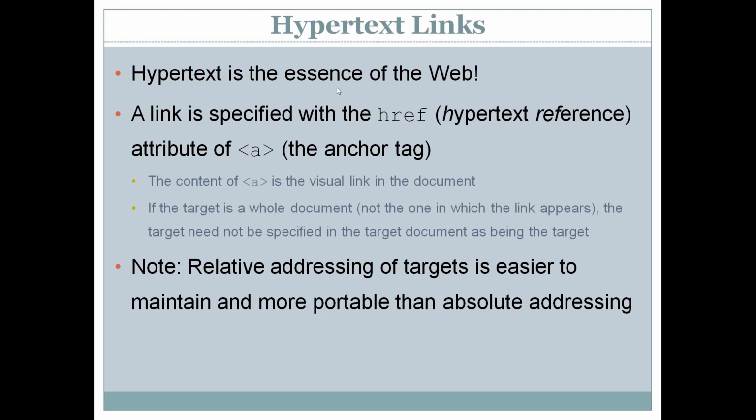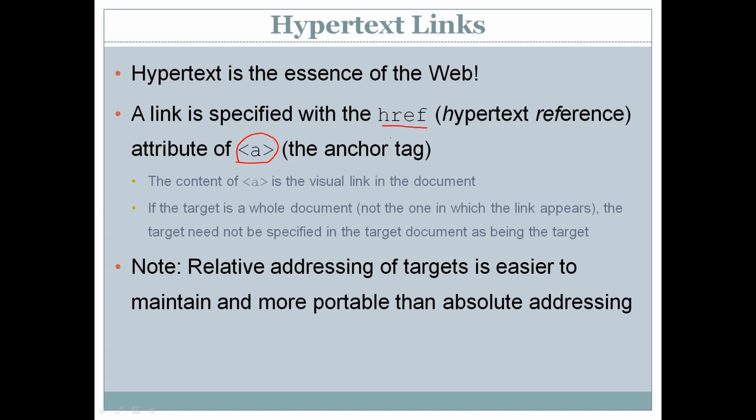A hyperlink is specified with the href attribute of the anchor tag. So to use a hyperlink, we use an attribute called href, and the tag is the anchor tag, which is used to create hyperlinks or simply links.